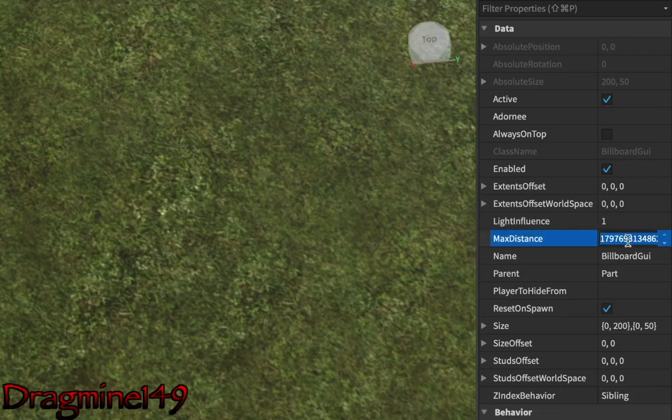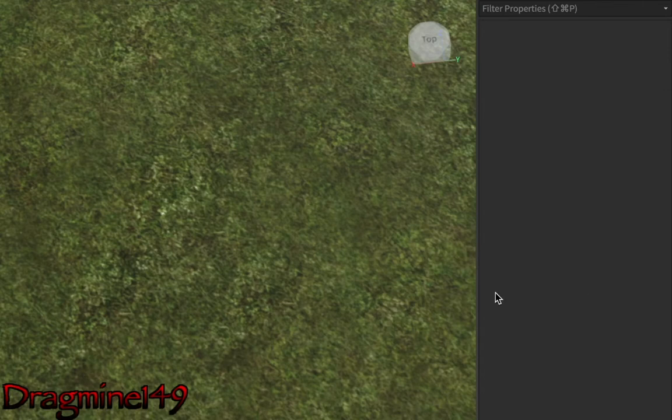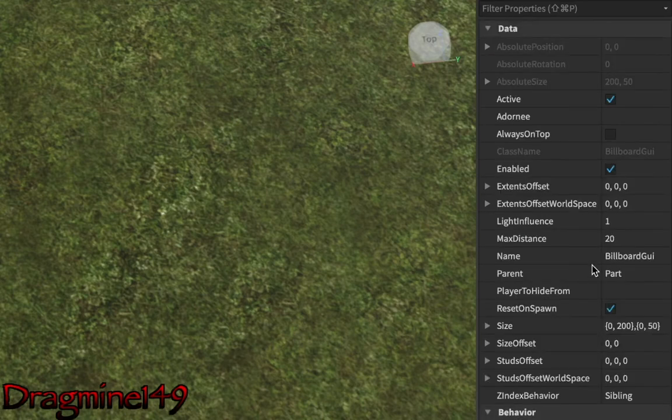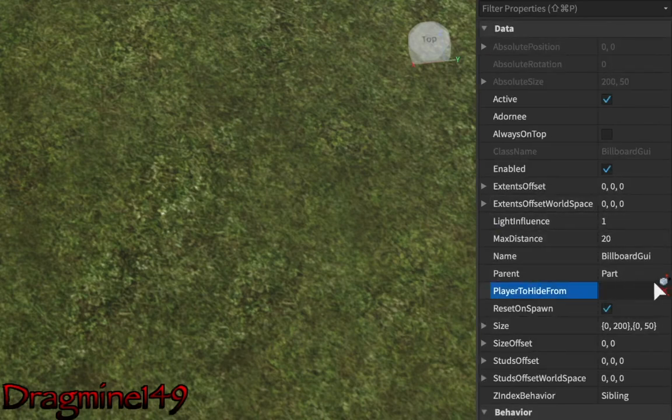It's a very big number, but I'm just going to set it to 20. Name billboard GUI, parent, part, player to hide from is, let's say you don't want certain players to see it. You can put in their name or value there.